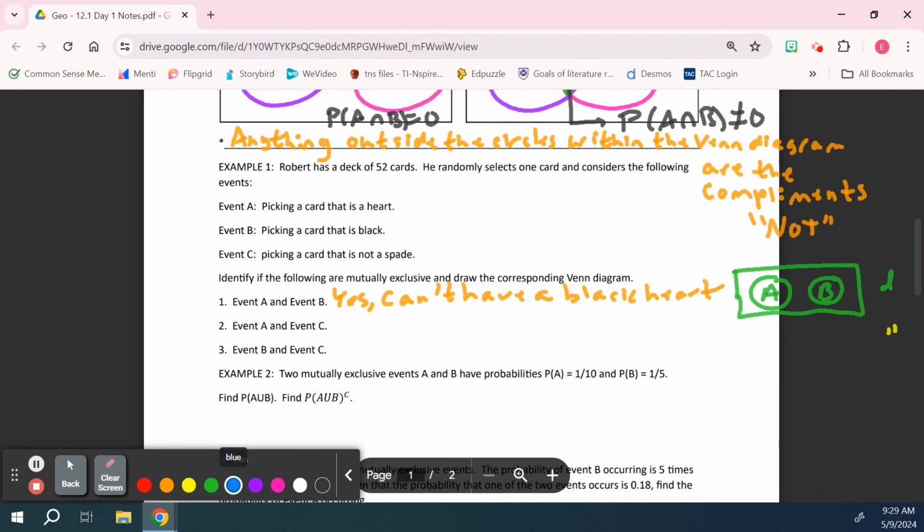So let's take a look at this next one. It says event A and event C. Event A is picking a card that is a heart. Event C is picking a card that is not a spade. If we pick a heart, did we not pick a spade? Yes. So this is no. These are not mutually exclusive, and it's because a heart is not a spade. And if I drew the Venn diagram for this,